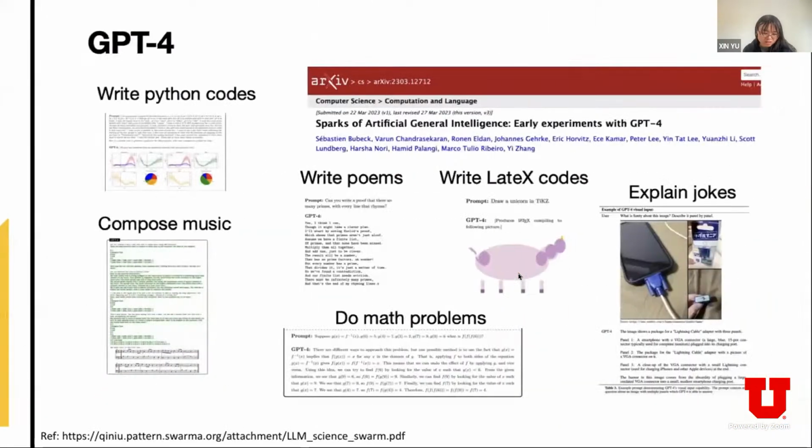Firstly, I still want to give a basic introduction of the large language model. As we know, this year GPT-4 is very popular. It has so many different applications, like writing Python code, even composing music, or doing mathematical problems. Due to its wide application,